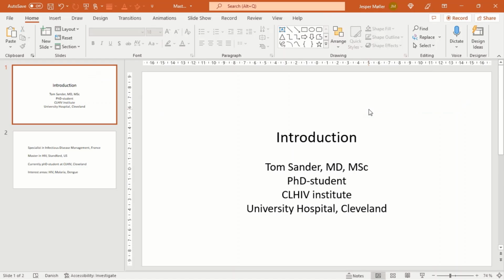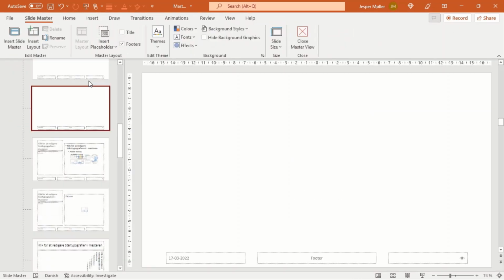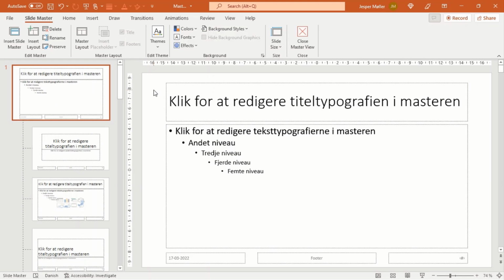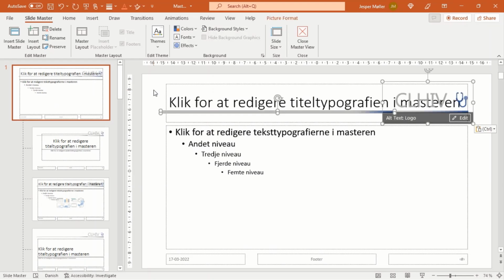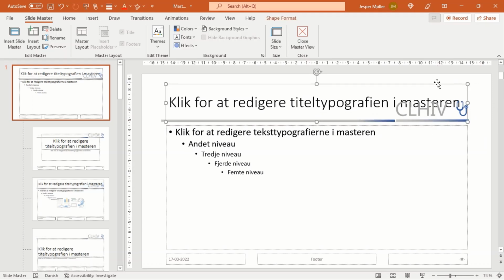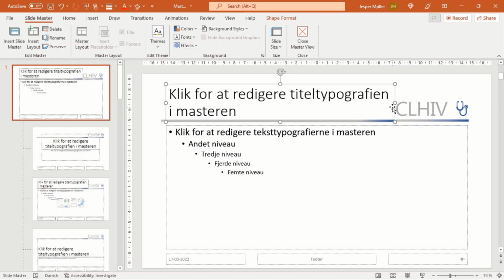So I take a copy of that one, open the slide master, go to the top one and insert the logo and the line and adjust. I also adjust the text box so it doesn't jeopardize the logo. That's it.